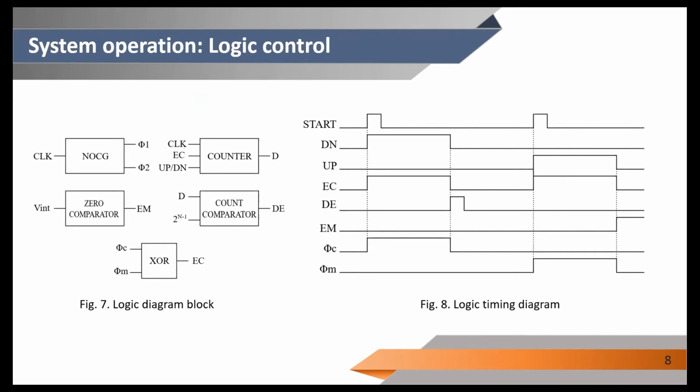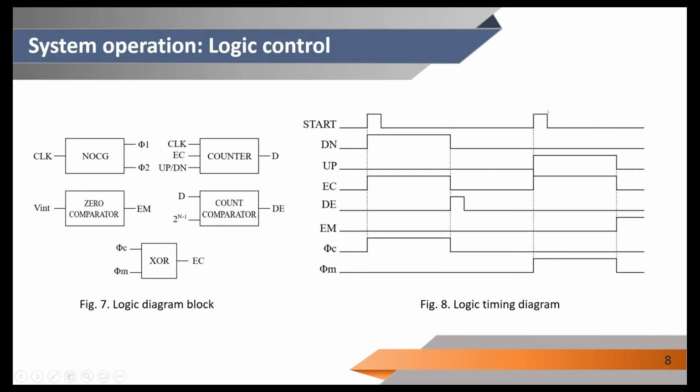The control circuit generates the non-overlapping phases from a master clock signal, enables the up-down counter, and generates the calibration and measurement phases. With the first pulse of the start signal, the calibration stage begins and the counter works downward until the count comparator detects a 2^n-1 value. The D signal stops the calibration phase as the system enters an idle phase until the logic control detects a